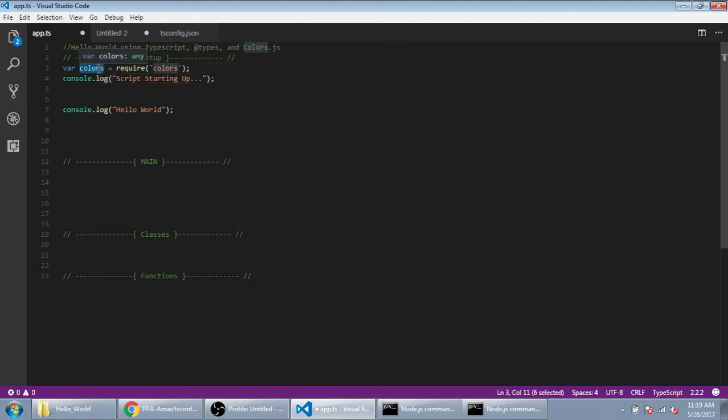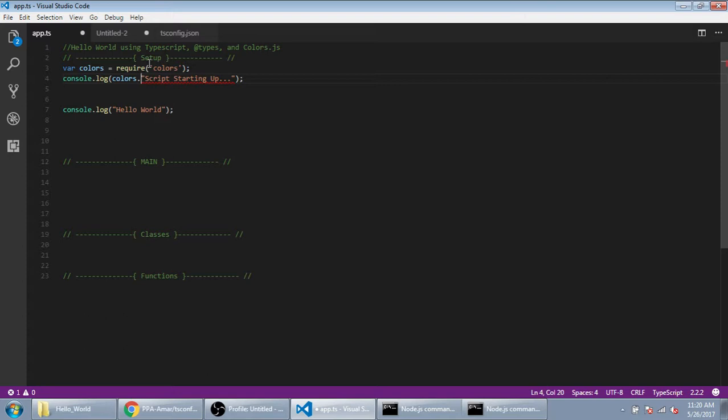And colors is a library that will help us recognize things better in the console. As we saw there, it was just a gray hello world, and when you've got an application scrolling by and running different things, it's a little bit hard to catch errors or see what's going on. So I like colors especially for scripts that run once or twice a day, just to see what's going on. I'd like to give them a color so I can catch what's